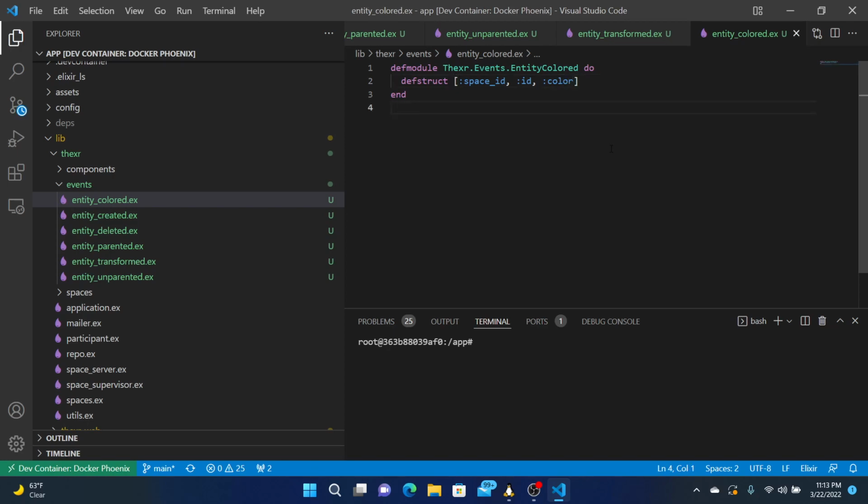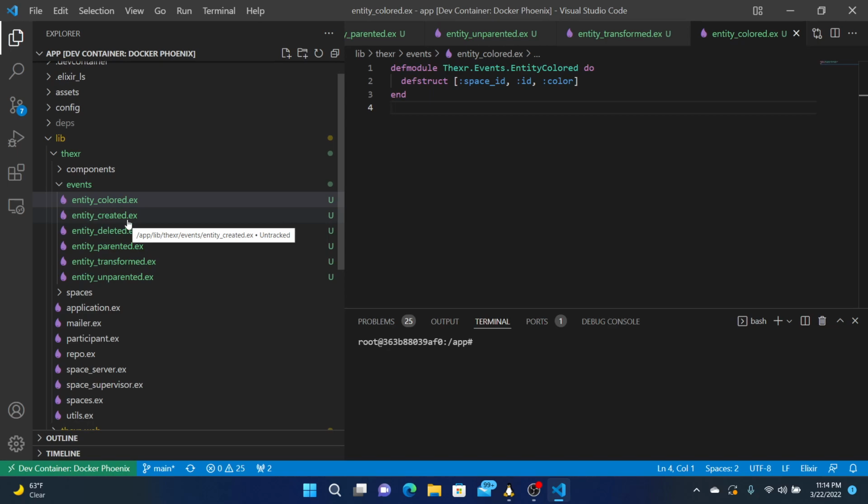And you could set the alpha, like the transparency, visibility. So I think this is enough. This is the entire API of what we have and then some. We don't even have the unparented. So we've got transformed, deleted, created, colored. And that's really the whole API of what we have so far.